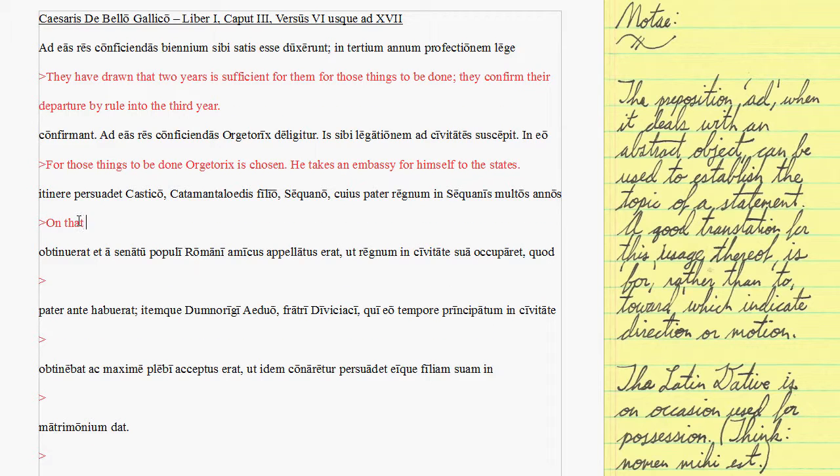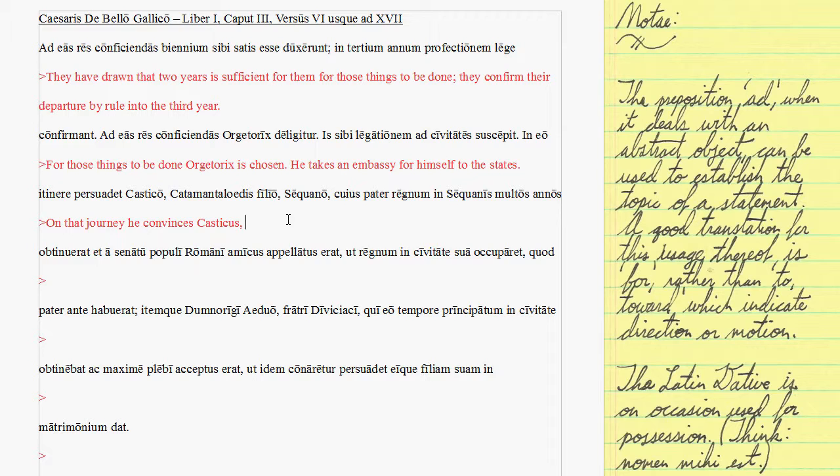So on that journey, talking about his taking the embassy for himself around, we have this main verb right here, persuadet. He convinces Causticus, a person, and we have this qualifying phrase right here. Note this is in the same case as that, both dative there, objects of convince or persuaded. And so it's just going to be in apposition for this. The son of this long name,